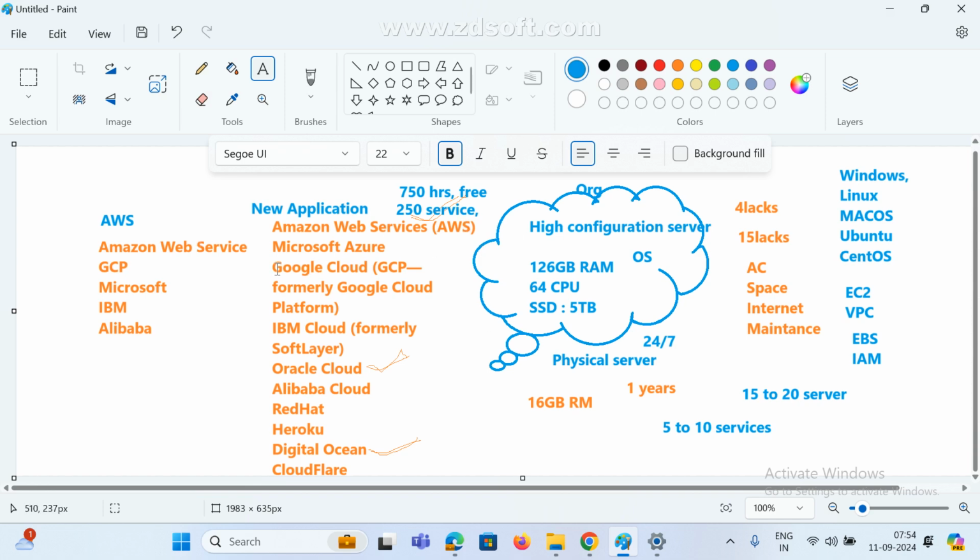If you go for GCP, they are giving 1 month only. And Microsoft Azure, they are giving some hours, and if you finish those hours, we need to pay. But AWS mostly gives some free services. Mostly we are also going to work with free services only, and no need to pay anything. If you use any other service, they will charge based on your hours and usage.